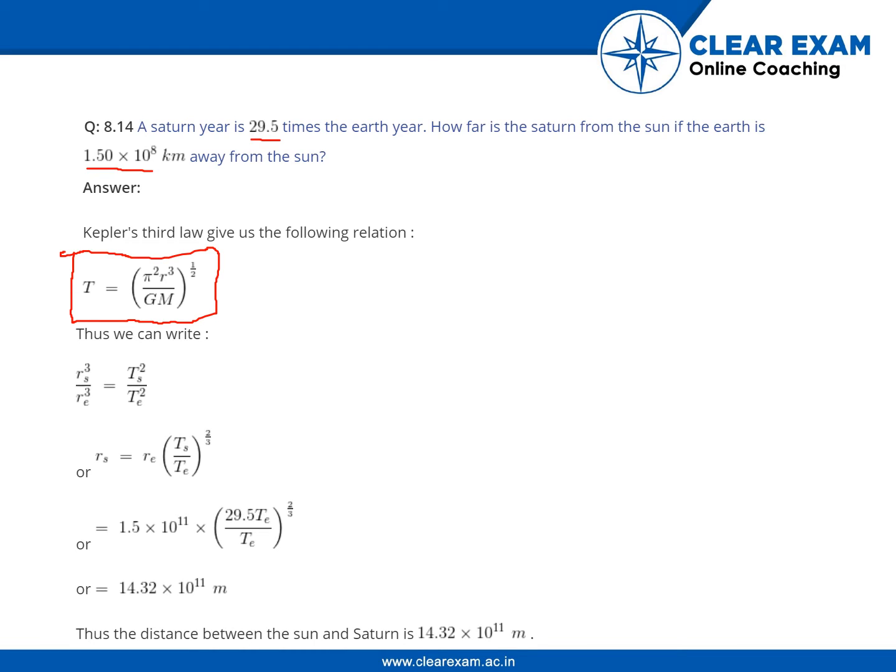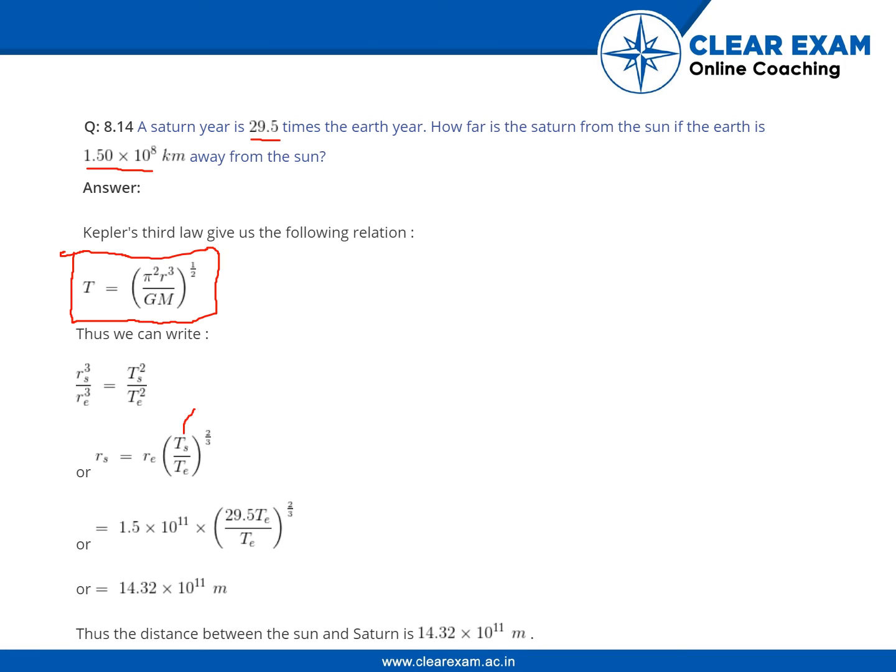So thus we can rewrite this equation as r of Saturn cubed by r of Earth cubed equals T of Saturn squared by time period of Earth squared. So r_s equals r_e into (T_s by T_e) whole power 2 by 3. So substituting the value of r_e, which is 1.5 × 10^11 into 29.5 T_e by T_e, expressing T_s in terms of T_e, that is 29.5 T_e,